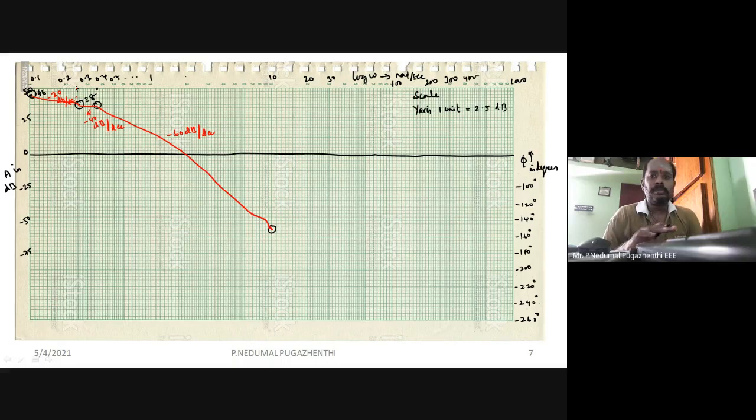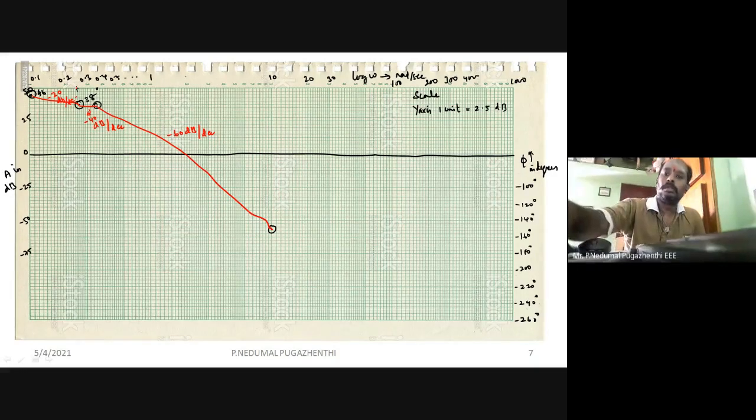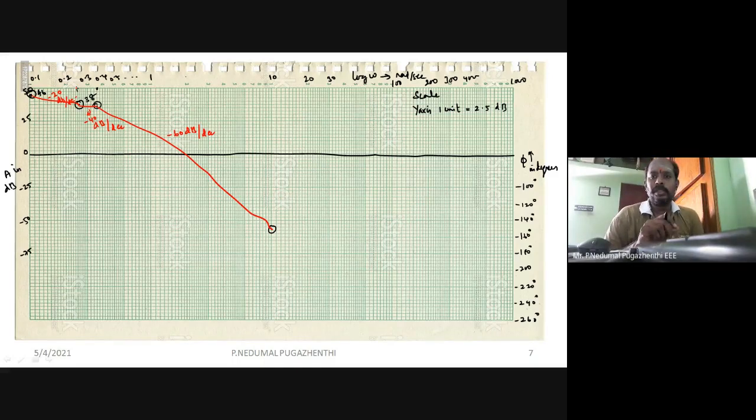Right? Any doubts in this particular magnitude plot? Everybody in the class respond. Hello? Any doubts? Please respond in the chat window whether you have a doubt, at which point you have a doubt, identifying the point or marking the point, whatever it is. Please respond in the chat window. Okay, no doubt. Then I will go to the next table.